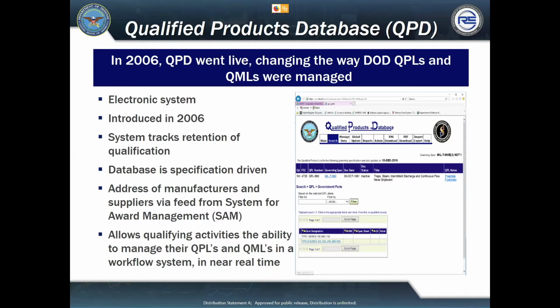The way the system is set up, it does give the qualifying activity, which is pretty much the equivalent of a preparing activity in most cases. In this particular example, Naval Sea Systems Command is the qualifying activity. It will give you the federal supply class. I had done a search on a specific QPL, 960. It gives you the QPL number. And then the next box over it will give you a hyperlink to the governing specification. It gives you the doc date that it was originally